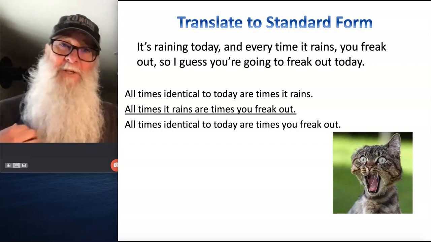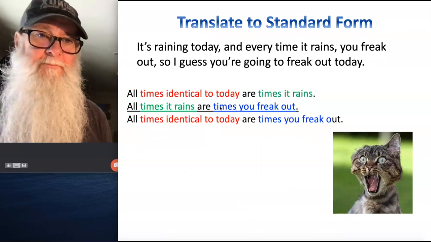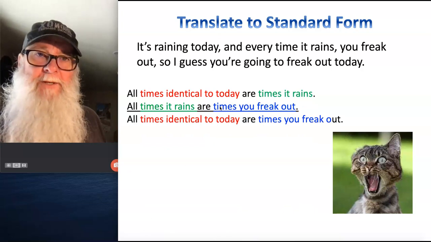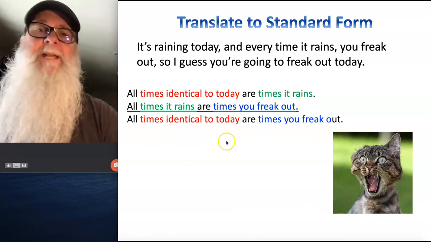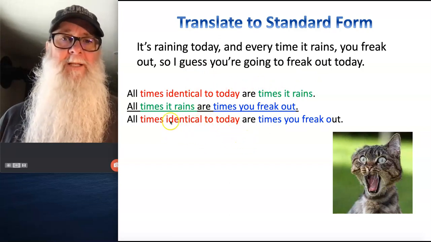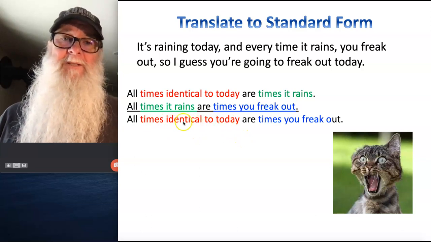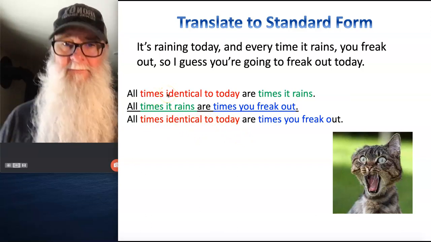So what I'll do for you here on this screen, though, is not draw lines. I'm going to use color. Okay, so I'm going to make my minor term red, my major term blue, and my middle term green. And now I can see, do I have all of my terms in the right place? So I see that I have my minor term here as the subject of the conclusion. It needs to appear in the second premise, but it's up here in the first, so that's a fail.